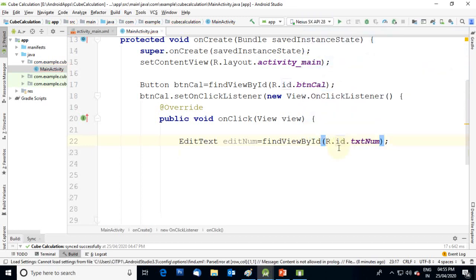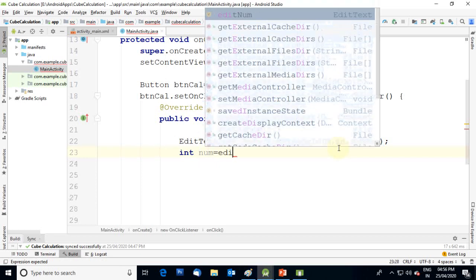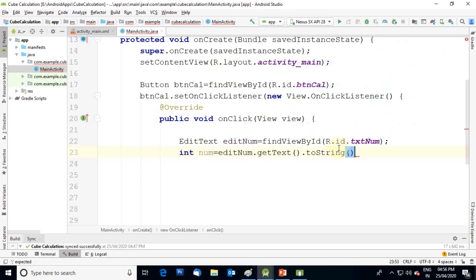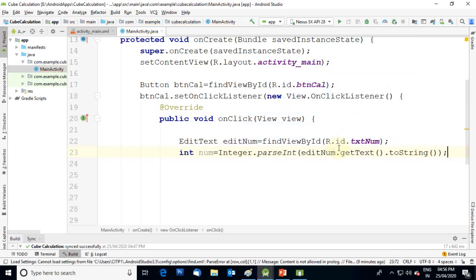So we have accessed that EditText. Then we have to get the number entered into that EditText in an integer variable, int num equal to editNum.getText().toString(), and I have to convert that string to integer. So for that I simply write Integer.parseInt. This will convert the number entered into that text box and it will be available in num.